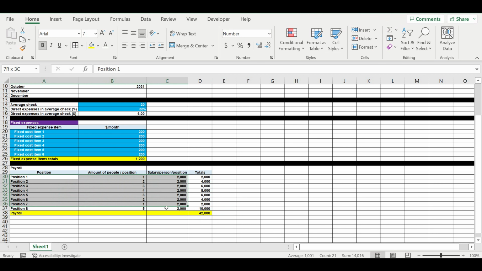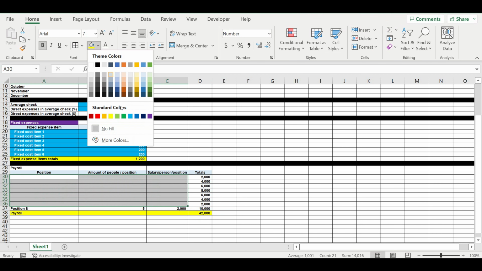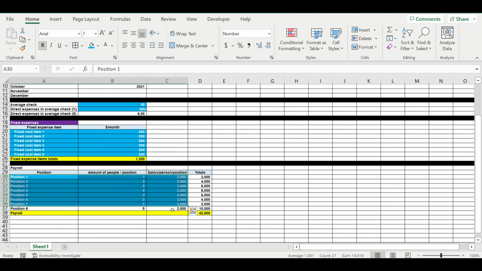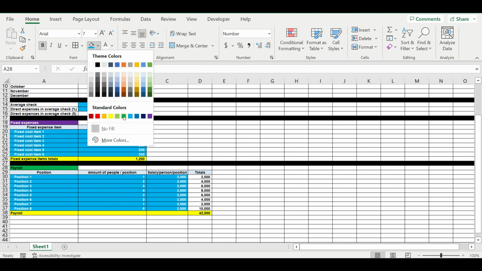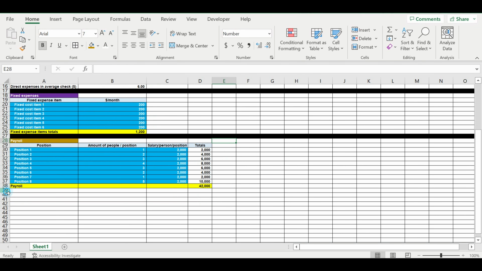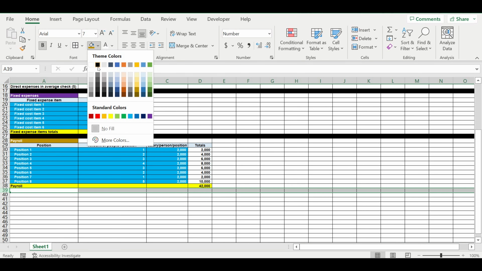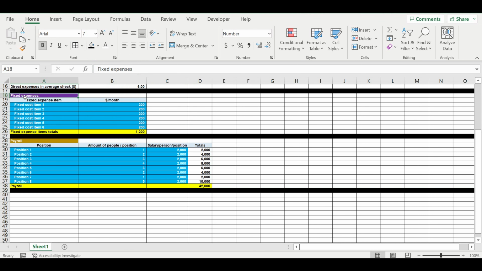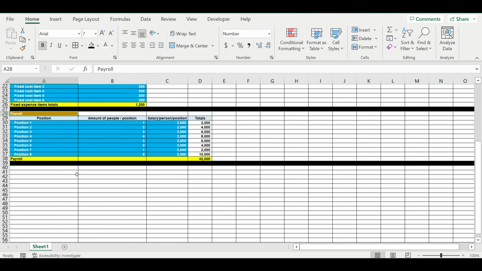These are the inputs, so I color it with blue. So this is the payroll. Now the next block. Here we have fixed expenses, payroll, then